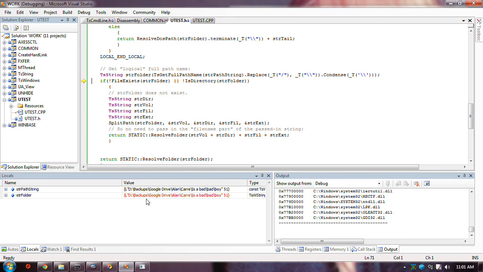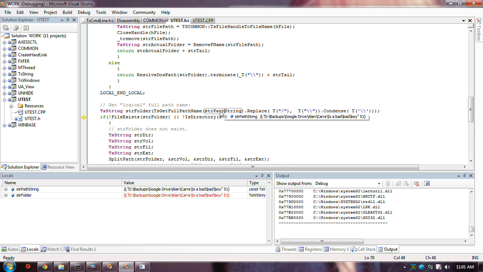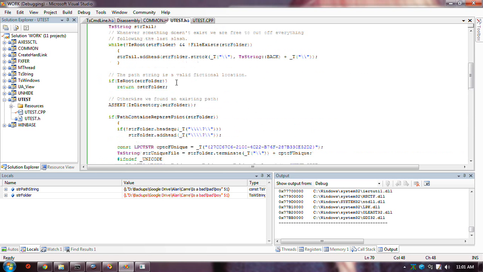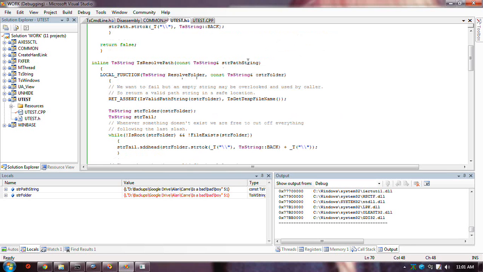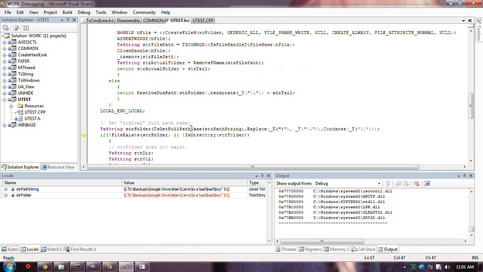Okay. However, the thing that was the path string, what was that defined? Oh, that's passed in here, and it's constant. I should put a C here for constant string, whatever.